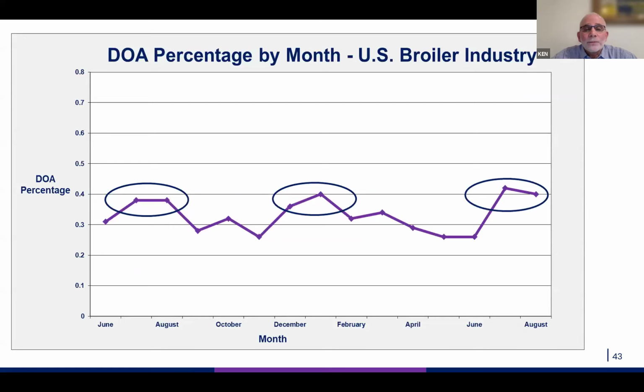So again, the first thing we did was we looked at some industry trends. And so this is AgriStats data. AgriStats is an agricultural reporting service that represents over 95% of the broiler industry in the US. And you can see I've got 3 circles here. And when you look at DOA percentage by month for the U.S. broiler industry, you see that the coldest months and the hottest months are where DOAs peak, which may not be surprising. There's certainly an opportunity every summer and winter to maintain DOAs where they are in the fall and spring.